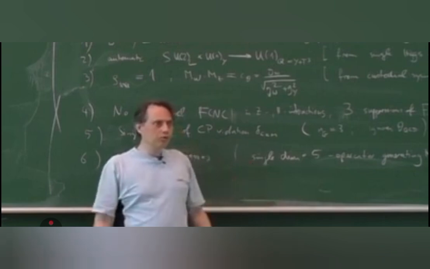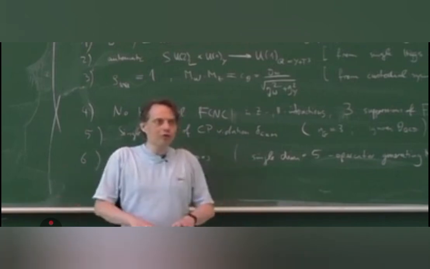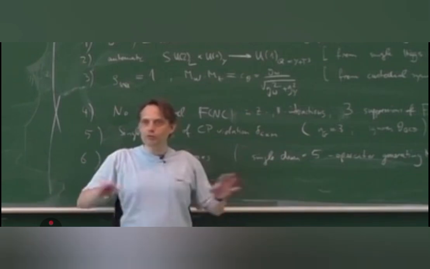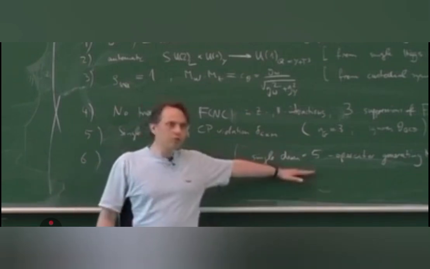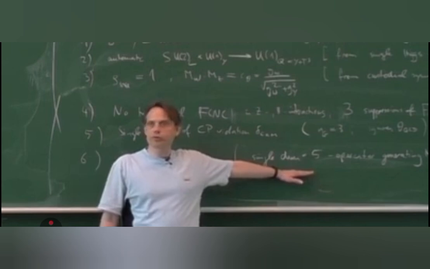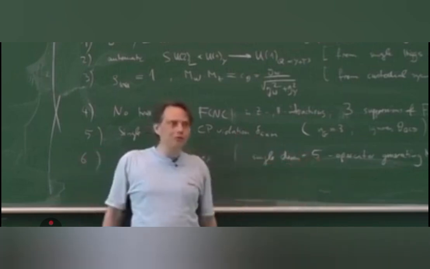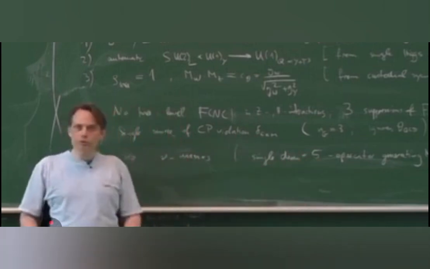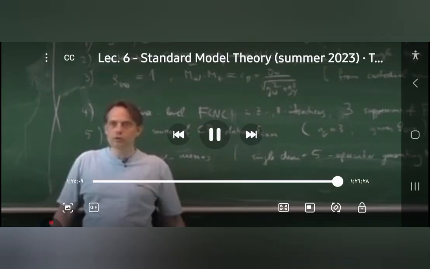So you might expect on very general grounds that the first effect of any new interaction that you would see beyond the standard model is an effect from dimension 5 operators. And there is just one single dimension 5 operator which is gauge invariant, and that is the one giving neutrino masses. And so it is very natural to think that actually some unknown, but nevertheless some non-vanishing interactions from heavy particles